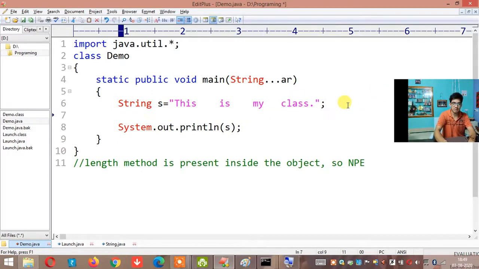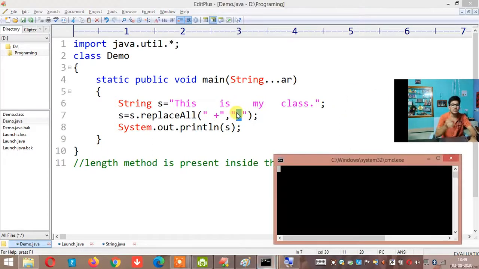You have to write s is equal to s dot replaceAll, because I'm going to use a regular expression here. What do I have to tell? Replace something with something. I have to tell it to replace spaces with a single space. Plus means one or more of the previous character. So I'm telling it, if you see one or more spaces, replace them with a single space. So this is a one-line program. Okay, you can write it like this also. See, we have removed multiple spaces.